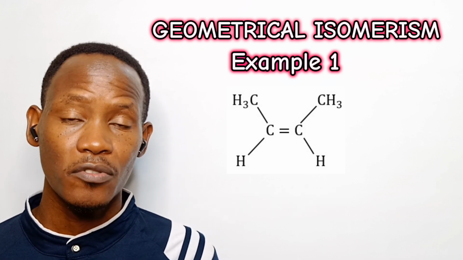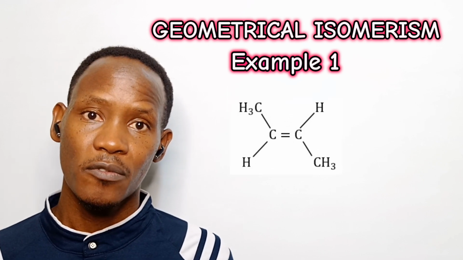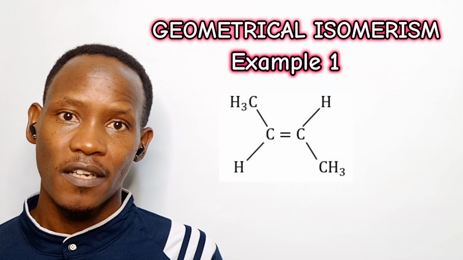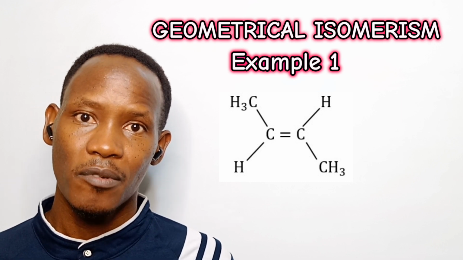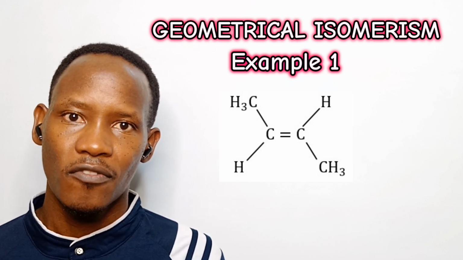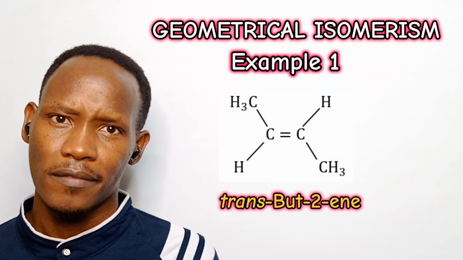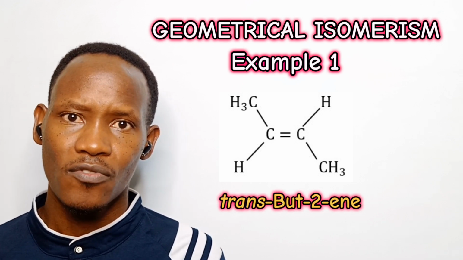However, we can also have the two methyl groups oriented opposite each other across the carbon-carbon double bond, and therefore we obtain the trans isomer, and its name is